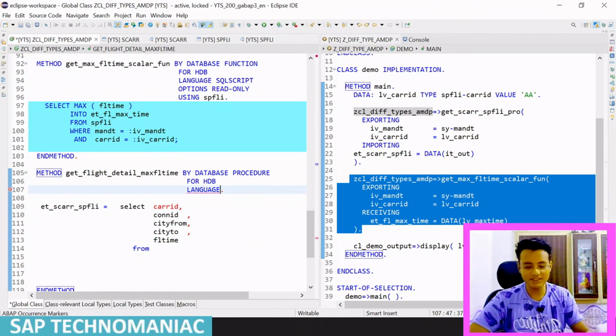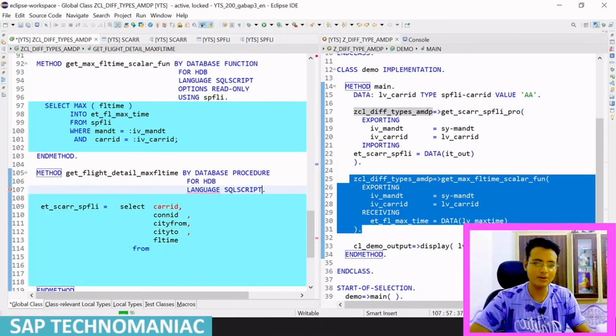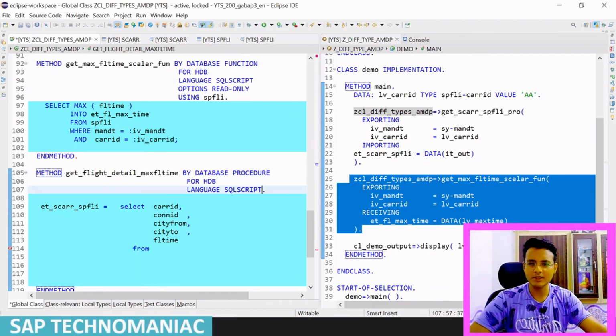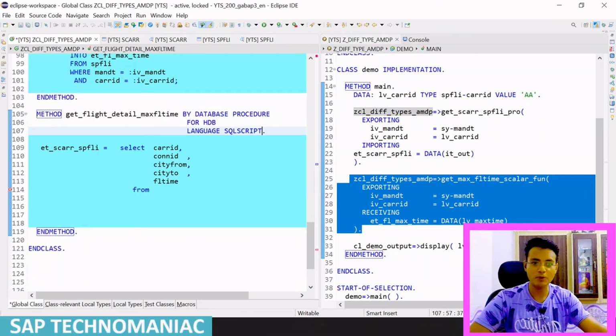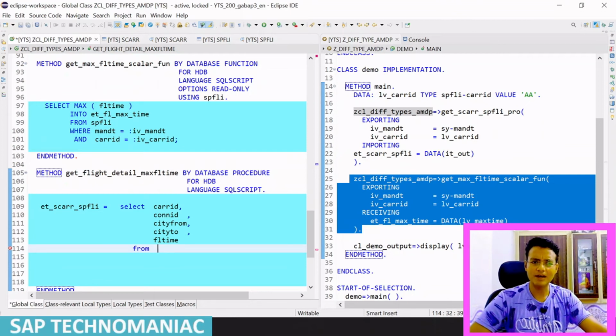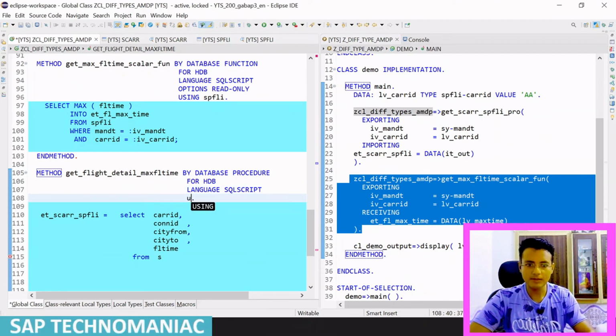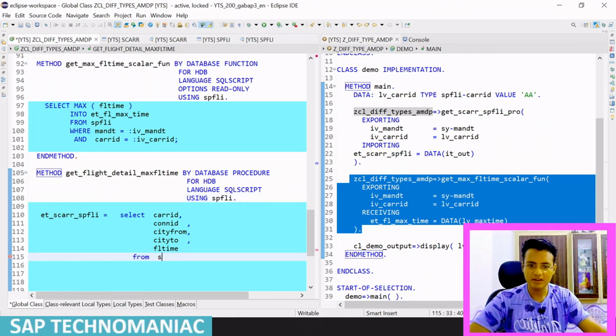For processors it is giving us the option of which language you want to use. Actually we can put AL language also, that is the low level language SAP uses to create the database processors. I have told that in my previous videos. And not only that, if you are creating for another database in future, suppose some other database also supports AMDPs, there also you have to change the language as per the database. And from SPFLI, I have to use it, obviously,